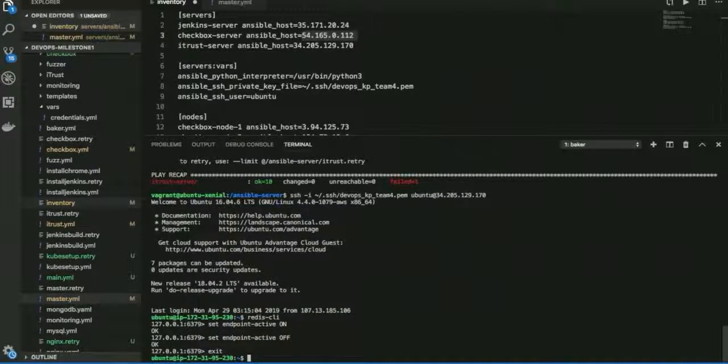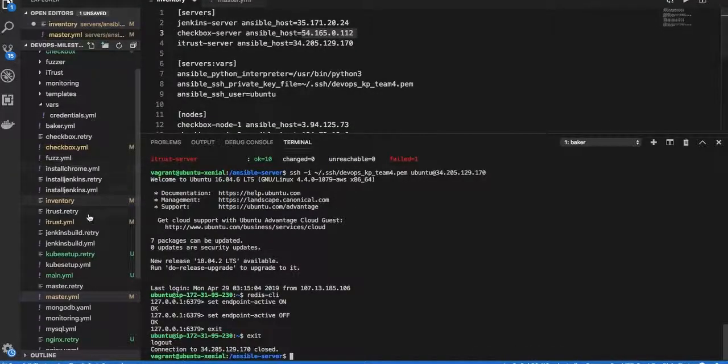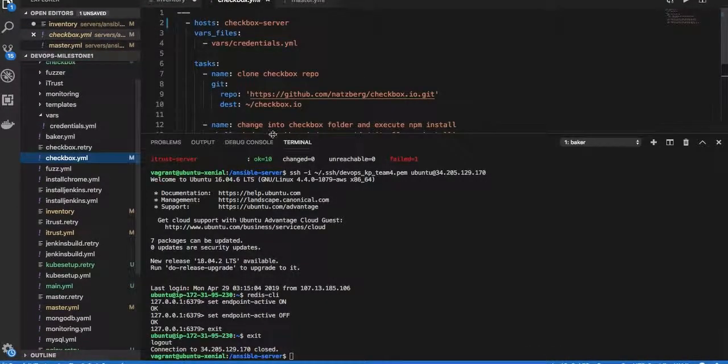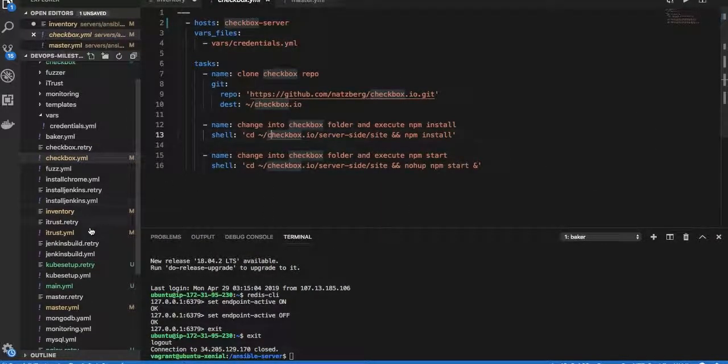Now we'll move on to the clustering for the infrastructure for Checkbox and the monitoring that we did alongside that. If we return to the AWS console, we can see that we have these 3 Checkbox nodes here, and they each have their own IP address. These, according to the Checkbox YAML file, have Checkbox installed on them, and they are used as nodes for our